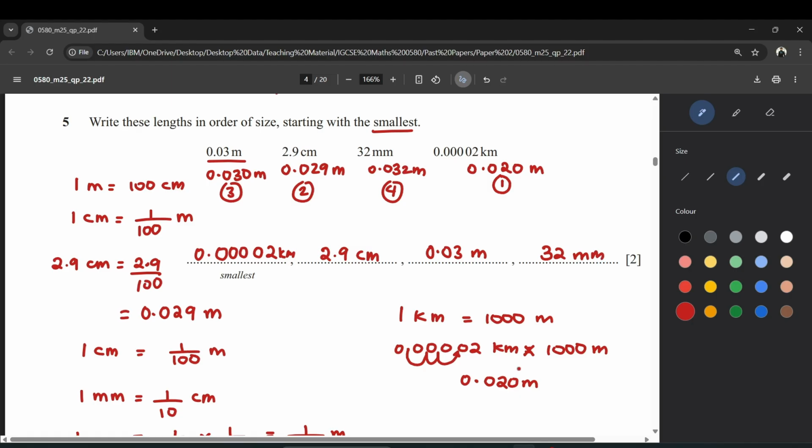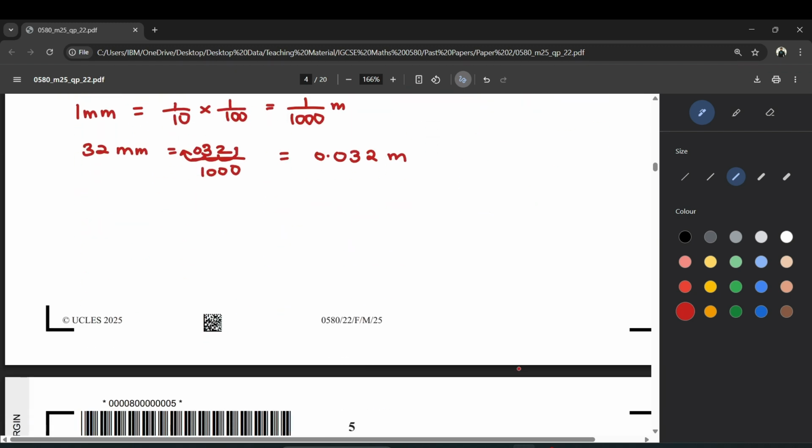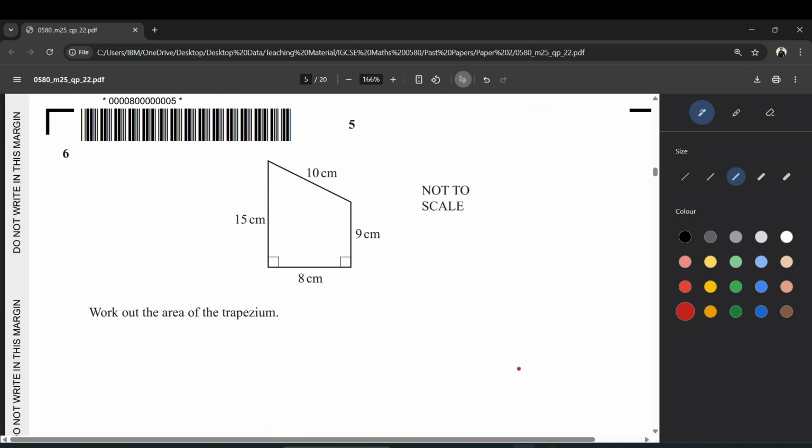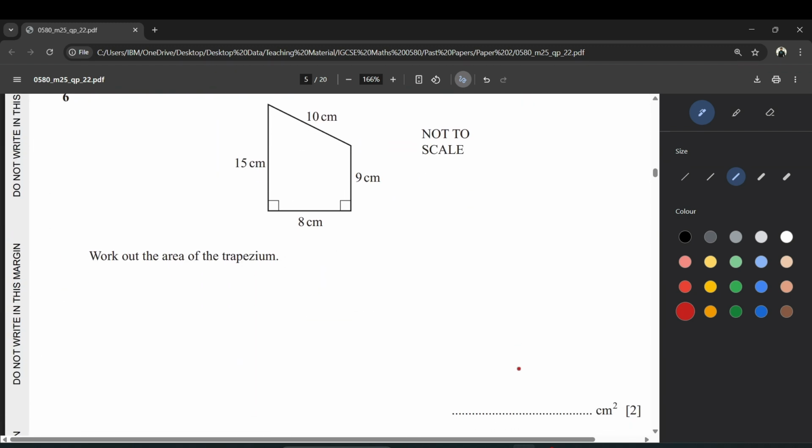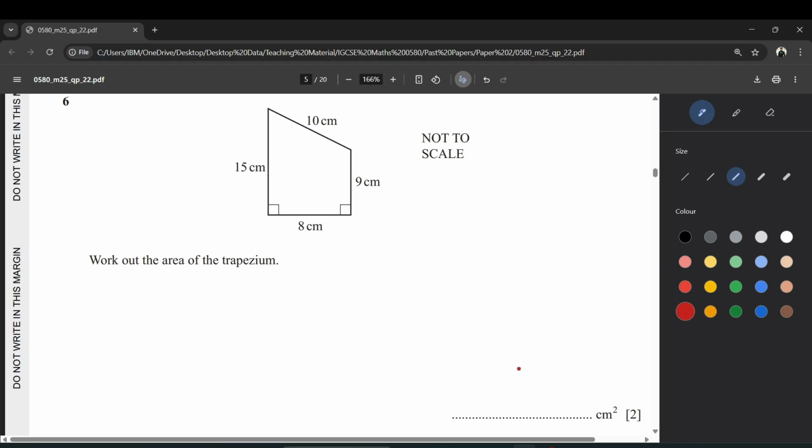All right, that was question number 5. Now let's move to question number 6. Work out the area of trapezium. Okay, so we know that area of trapezium